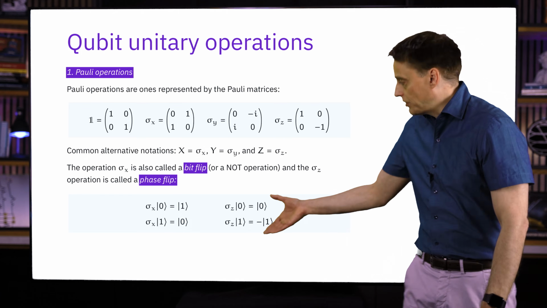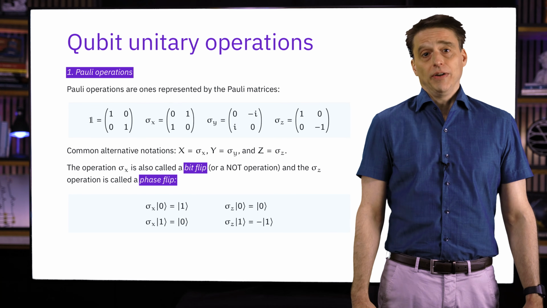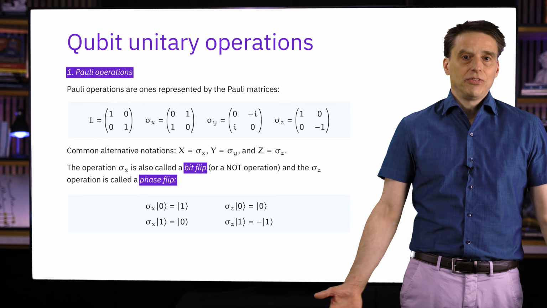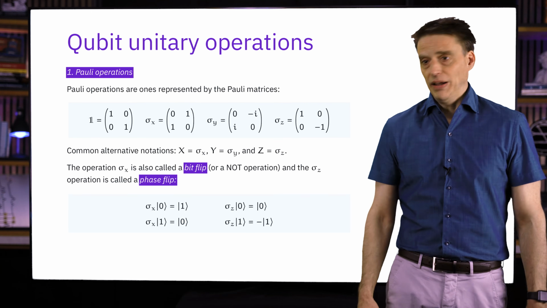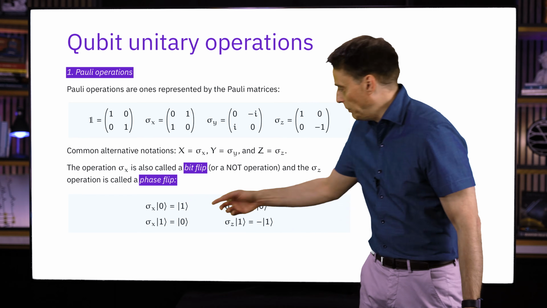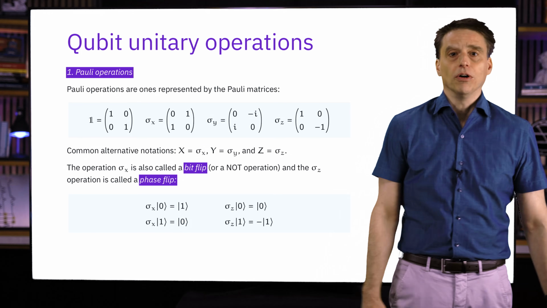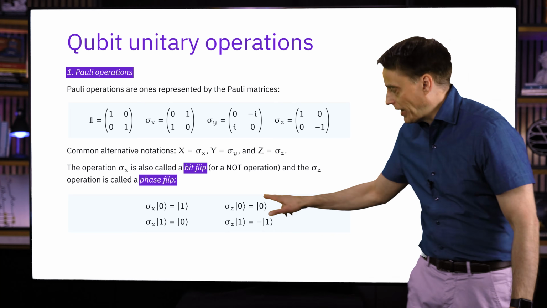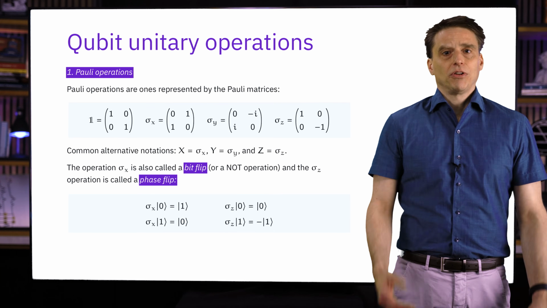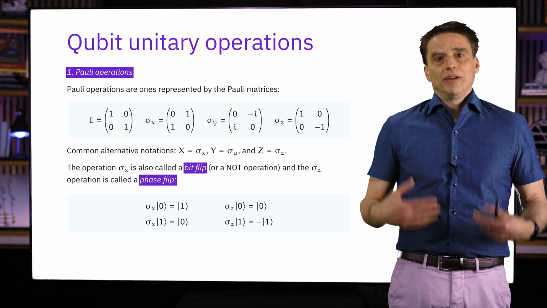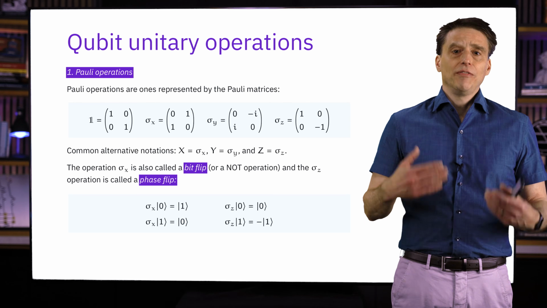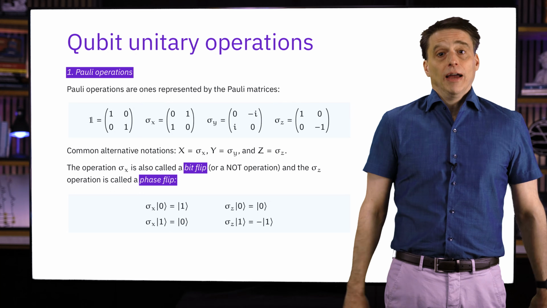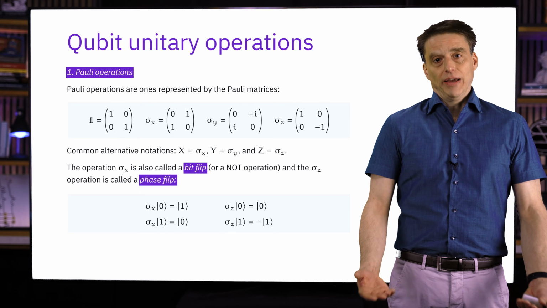And here you can see the action of these operations on the standard basis vectors, which kind of explains where these names come from. Certainly it makes sense to refer to sigma x as a bit flip based on this action right here. It simply flips the bit from 0 to 1 or 1 to 0. It also makes sense to call sigma z a phase flip based on this action right here, but if that's not crystal clear at the moment, that's okay. We'll encounter this operation over and over, and the significance of putting a minus sign in front of the ket 1 basis vector and not ket 0, and why that's called a phase flip, will be more clear later on.